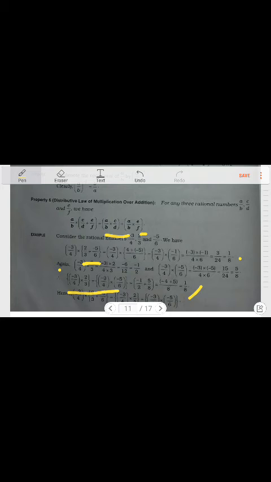So in both the cases, what happens? Result came same. That means this property exists not only for these given numbers, for all numbers. So at last you can see here it has been written, hence minus 3 by 4, okay, into, in bracket it has been written 2 by 3